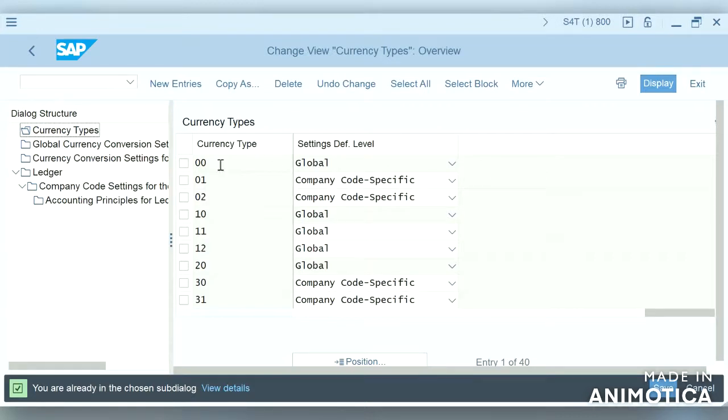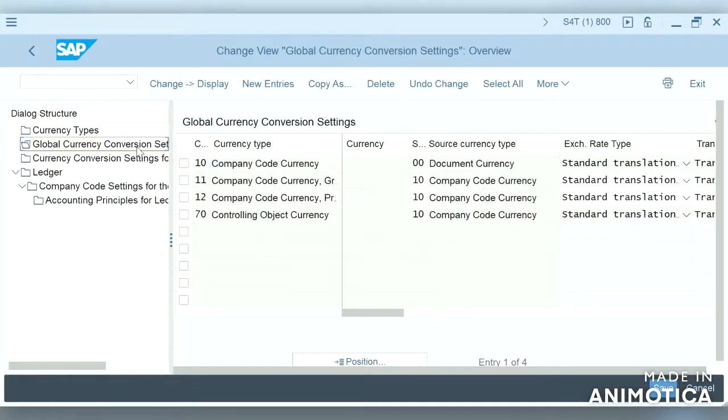Okay, so there is one more setting. If it is a global currency and it needs to convert to another currency, here is the setting: global currency conversion settings.